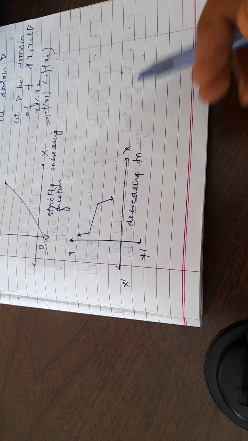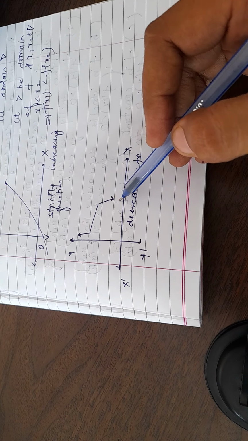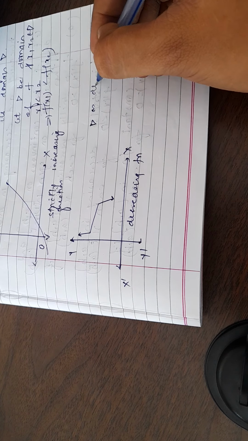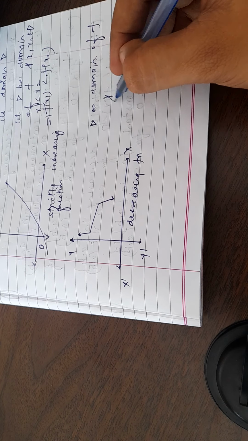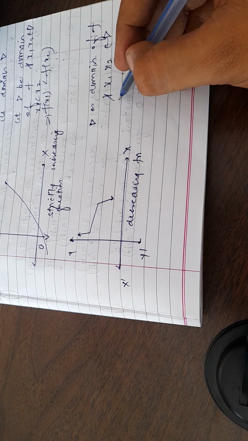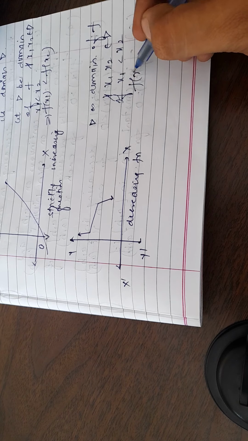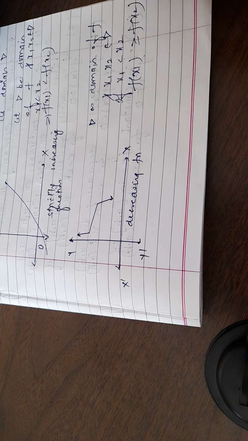Third graph, if you see, it is for the decreasing function, right? You can see the arrow is in the downward direction. So again we define D as domain of function f. If I take the two values x1 and x2 which belong to the domain of the function, and we take the condition that x1 is less than x2, but when we apply that value in the function, we get that f of x1 is greater than or equal to f of x2, then we say that the function is decreasing function.